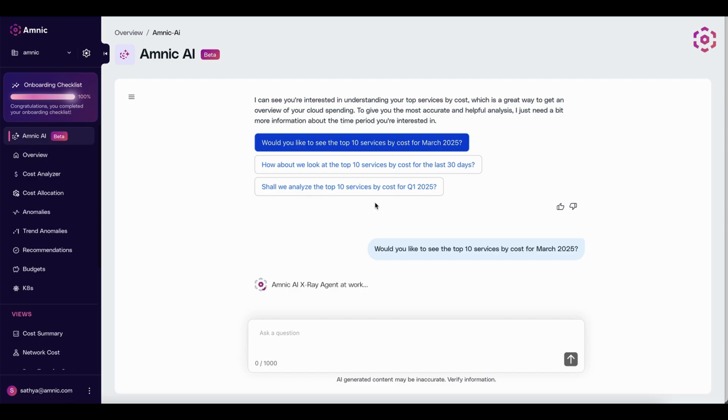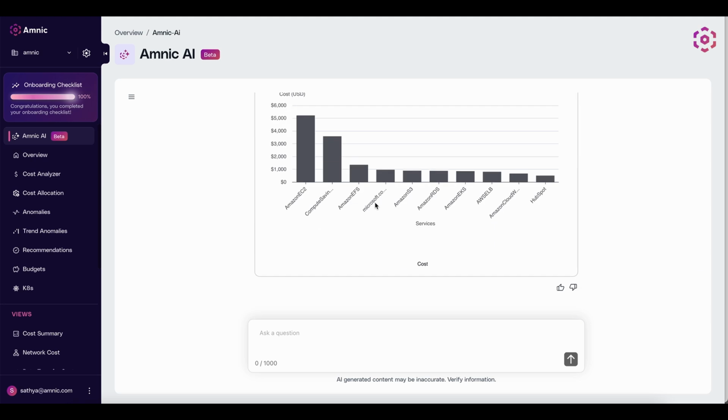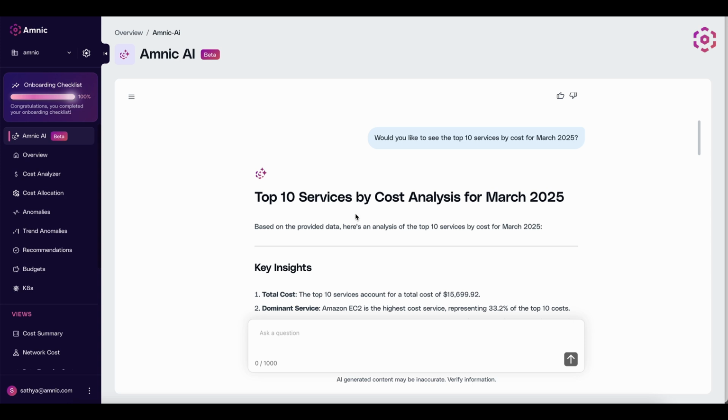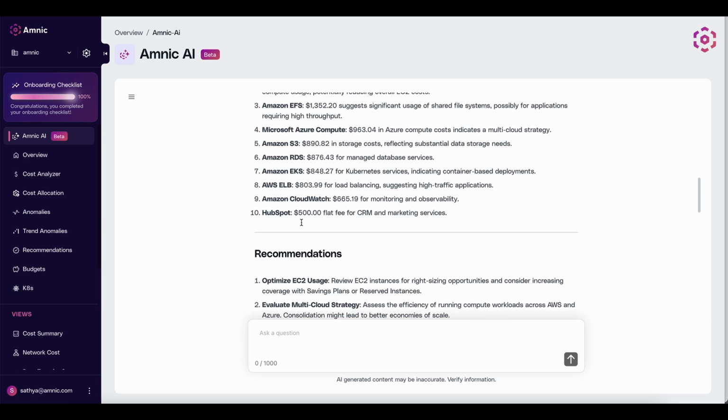So now it will crunch the data, irrespective of the cloud, it will pull the top 10 services cost and actually display it over here. It's multimodal. So it can give you textual, it can give you tabular, it can also give you a graph in terms of how each of these top 10 services costs are present. So now that we have got the cost, you can see that there is a tabular. It also understands and explains what each of these things gives recommendations,